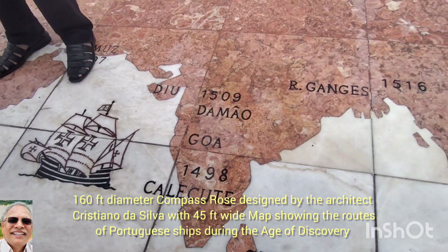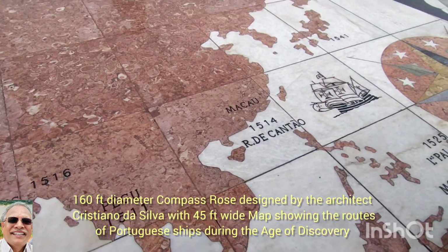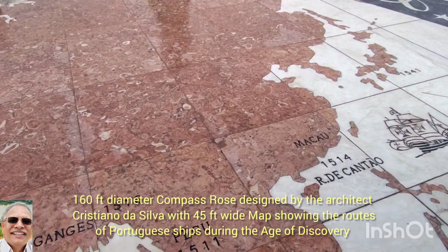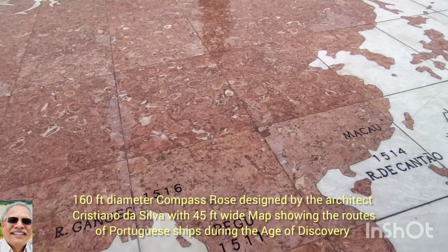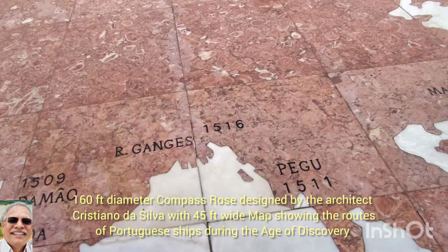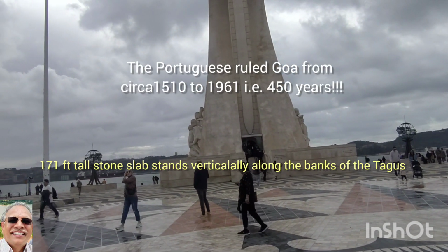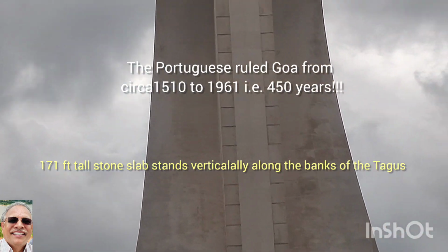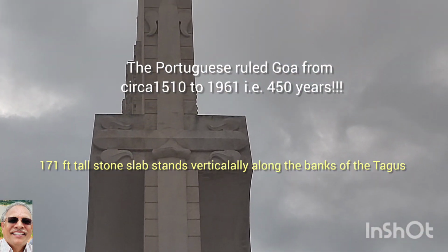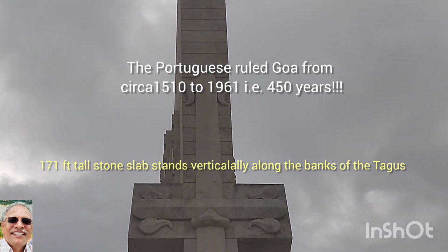Well, Vasco da Gama may be remembered as a hero in the country of his origin, but here in India, he is responsible for the Portuguese rule in Goa for a very long time. The Portuguese invaded Goa in circa 1510, defeating the Adil Shahis of the Bijapur Sultanate, and the Portuguese rule lasted